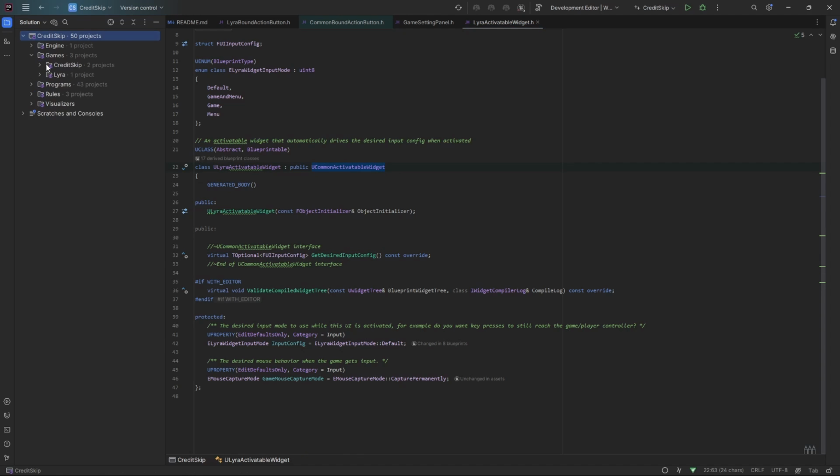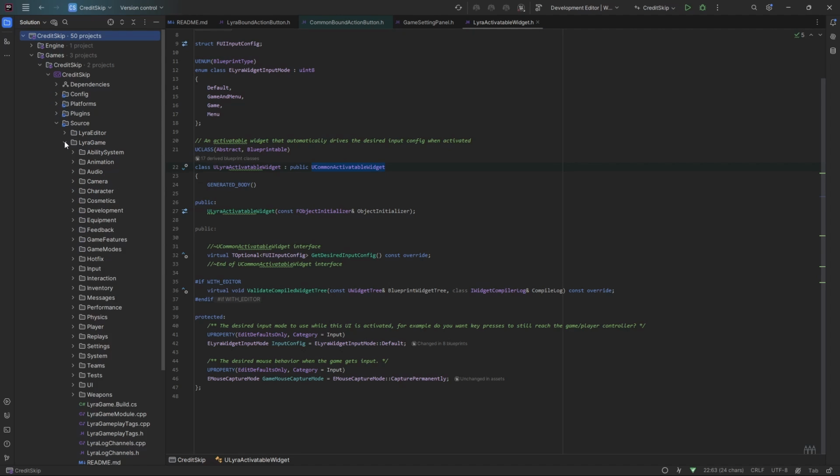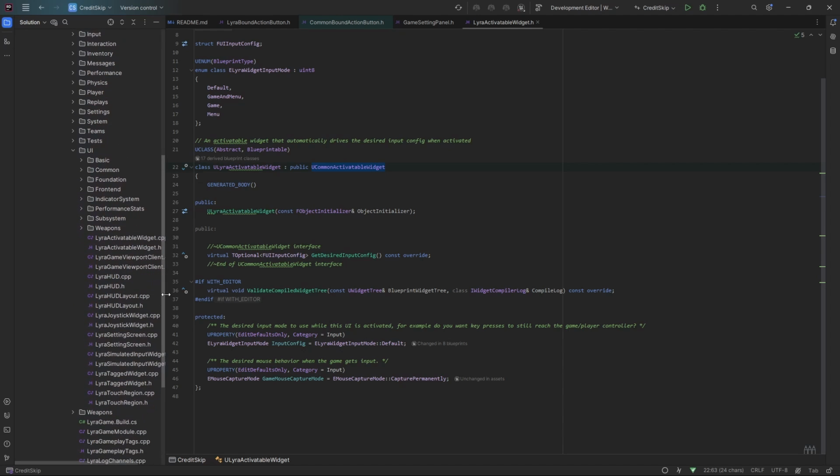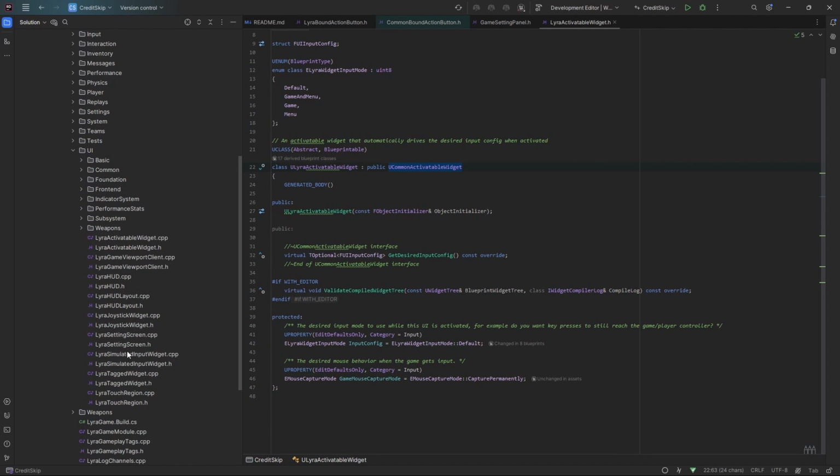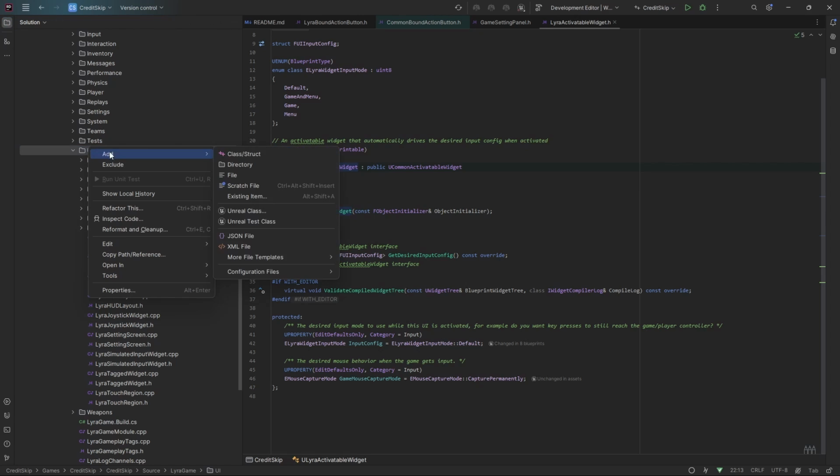So yeah, we're going to go ahead and add our classes. Okay, so in your project, under Lyra game, UI, and then you can see the setting screens over here. So this is a good spot for it. I'm going to create a new class. You could essentially take the files from the GitHub and just drag them inside of this folder, but I'm just going to create them just to show how nice it is. I think Visual Studio has pretty much the same level of awesomeness.